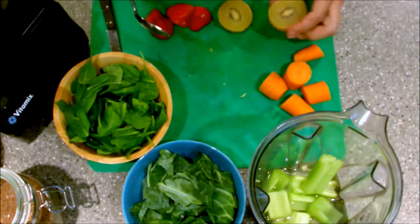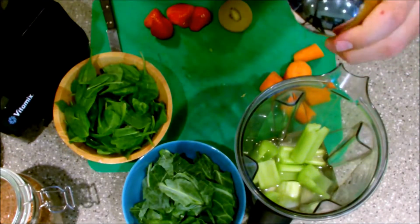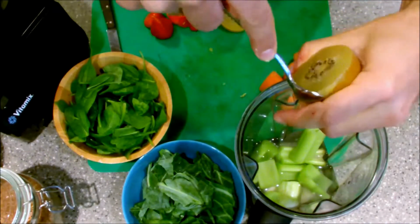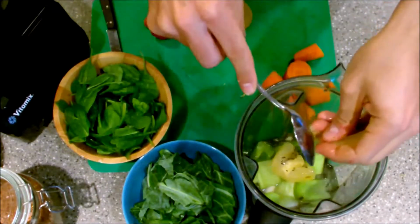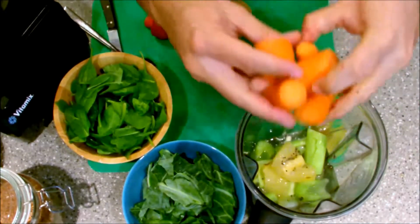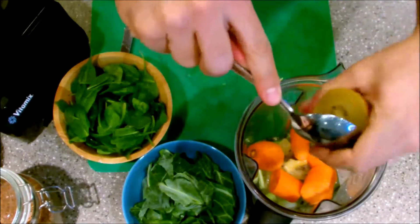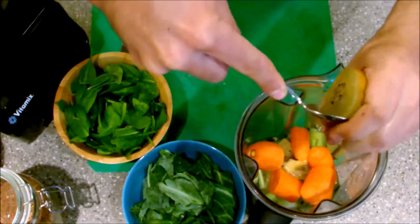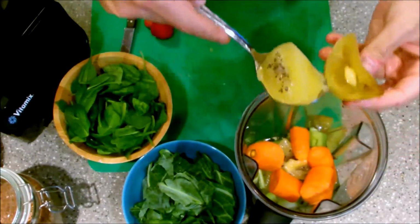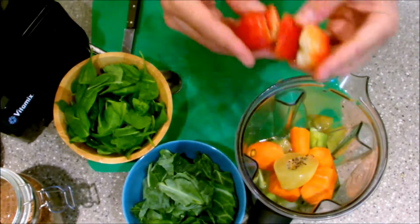and some kiwis. A nice way of getting the kiwi out is just scooping it out of the skin without any wastage. Throw in your carrots, the other half of the kiwi, like that, comes out perfectly, and the strawberries. Now,